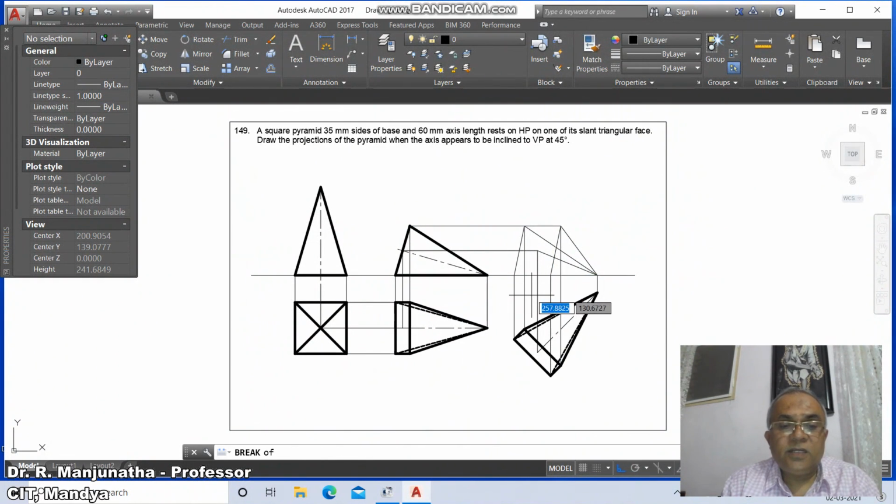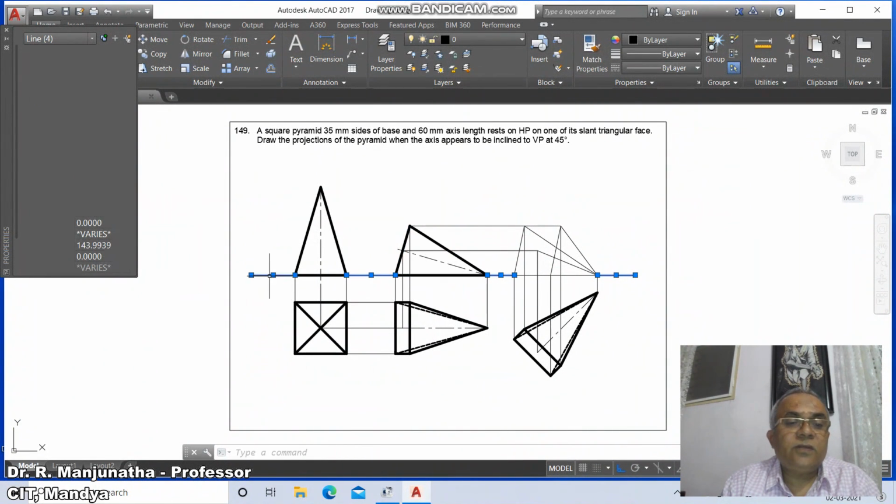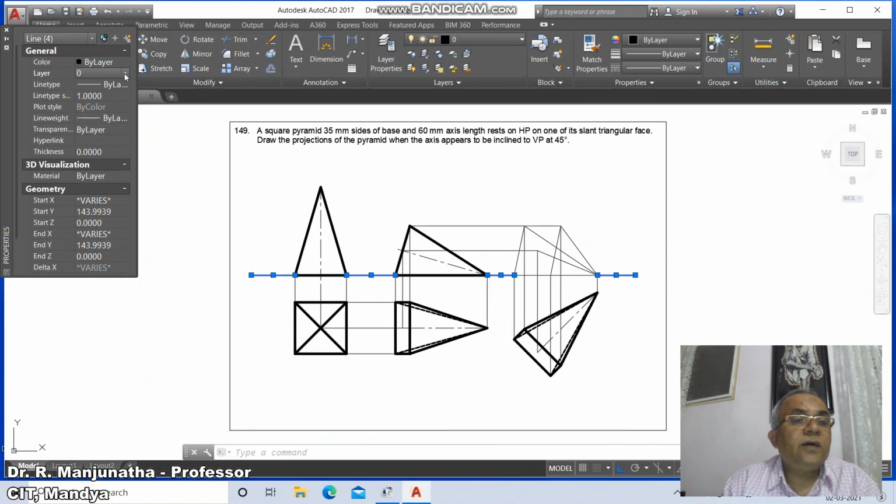then go to break, select this, first point int of this and say at the rate, and break first point int of this and say at the rate, and break first point int of this and say at the rate, then you select this line, this line, this line and this line, go to layer, make this line as xy,